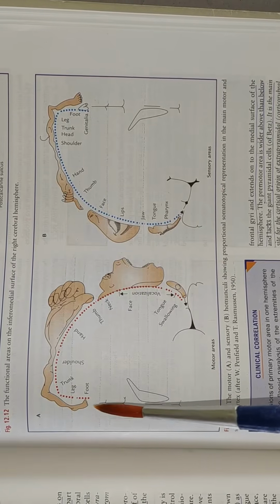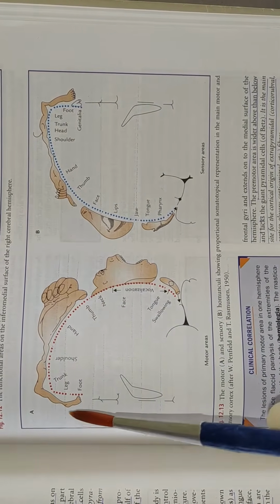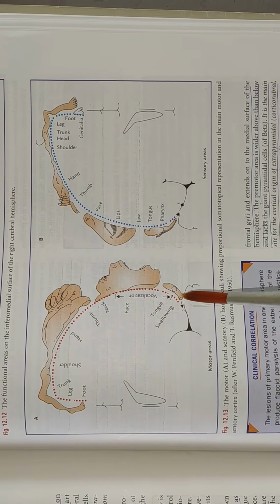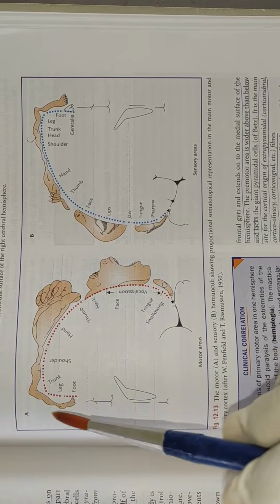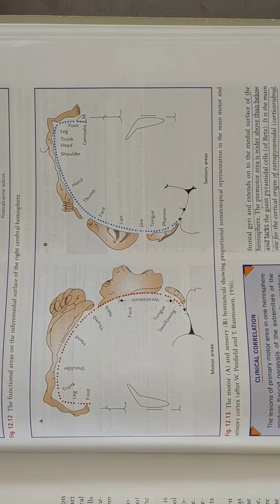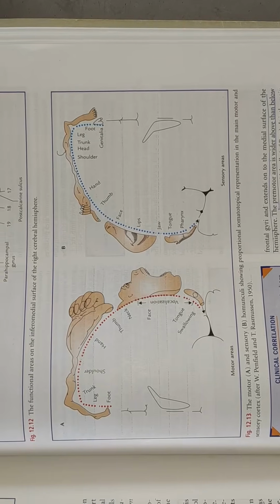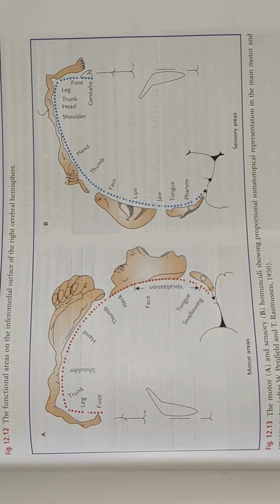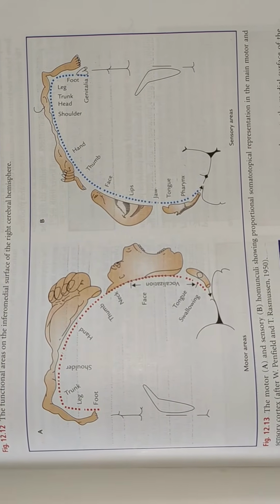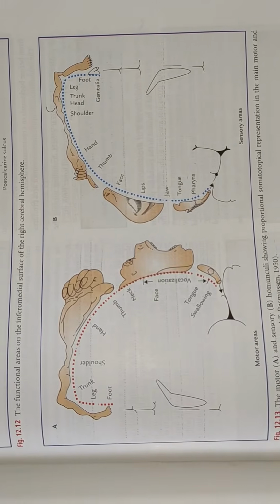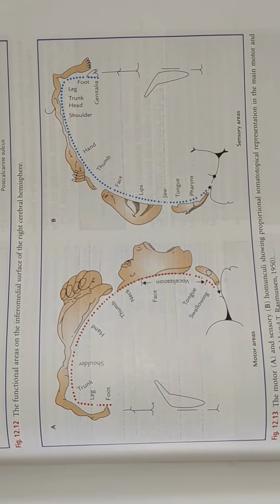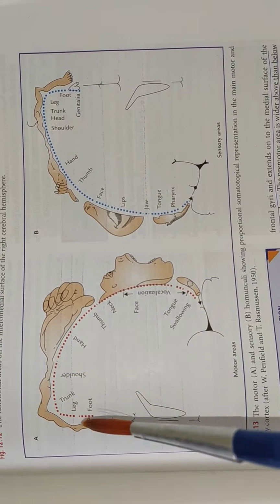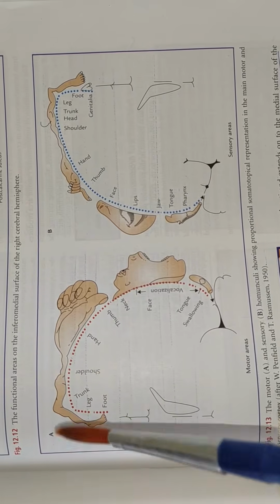So in this figure you can see the precentral gyrus. Our body is represented upside down. That means the head and face area is located in the lower part of the gyrus, and the foot, leg, and perineum are located in the upper part. Further, you can see in this figure that the area of representation in the cerebral cortex is directly proportional to the skill involved in the movement of that part. That means muscles of the hand, lips, tongue, and eyeball have large representation in the precentral gyrus, then the muscles of the leg, trunk, and foot.